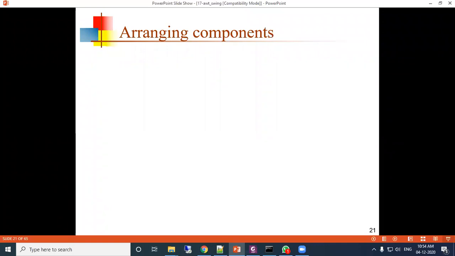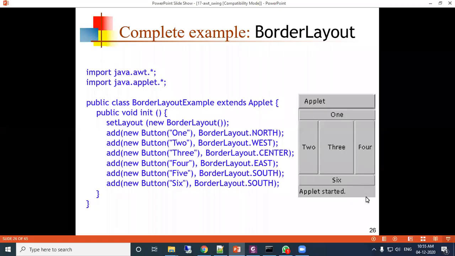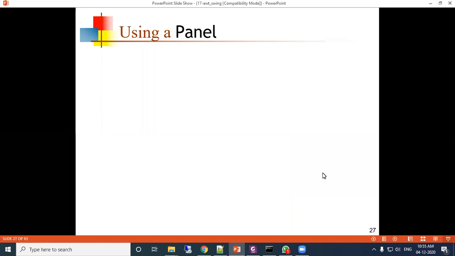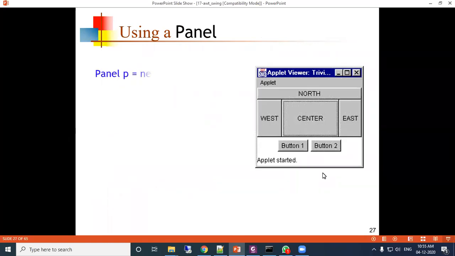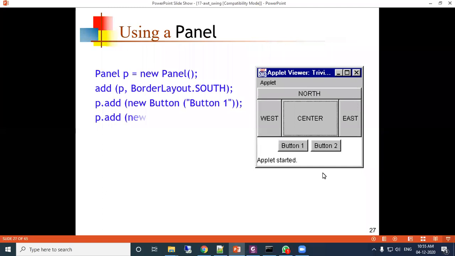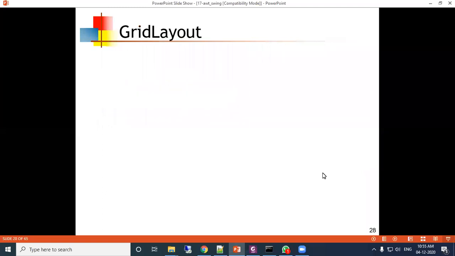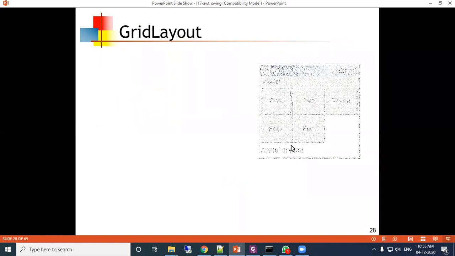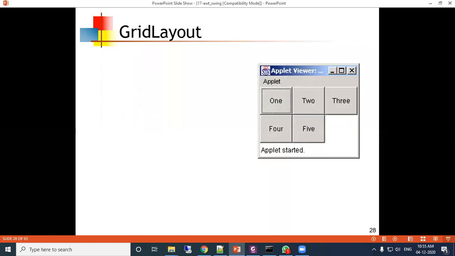Third one is your grid layout. Means you will divide into a number of rows and columns and put the components inside the cells.